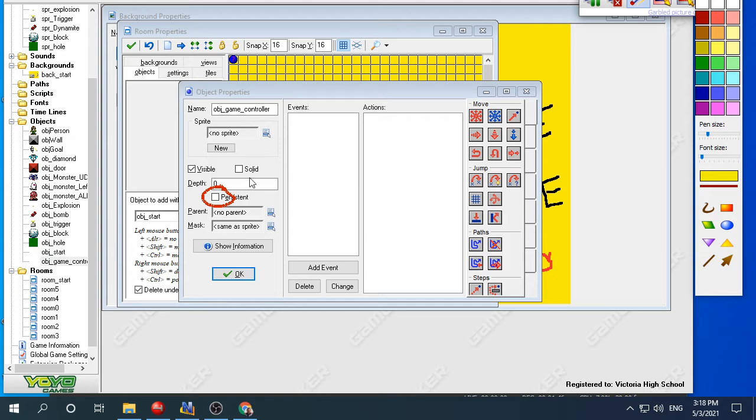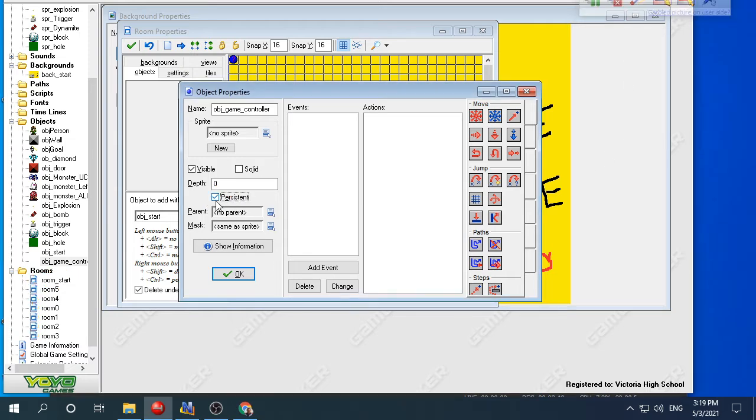What persistent means is if I put a check mark here for persistent, when I make it and put it in room start, it's going to exist everywhere else. It will exist in all these other rooms. And that's going to be really important. Let me show you why. So I go to persistent, and one of the things that I'm going to do is